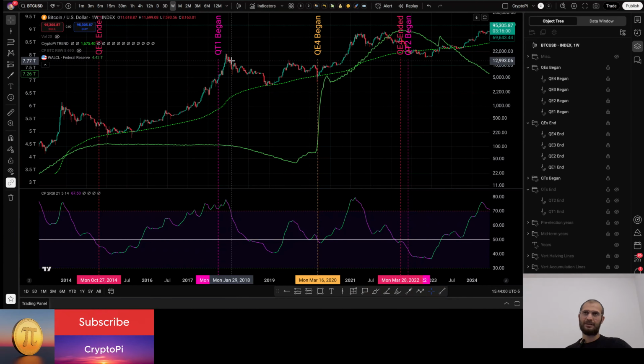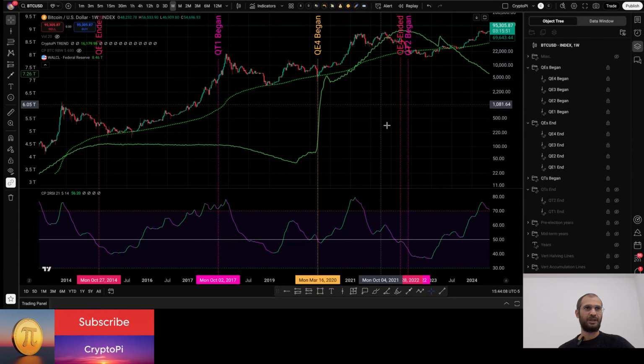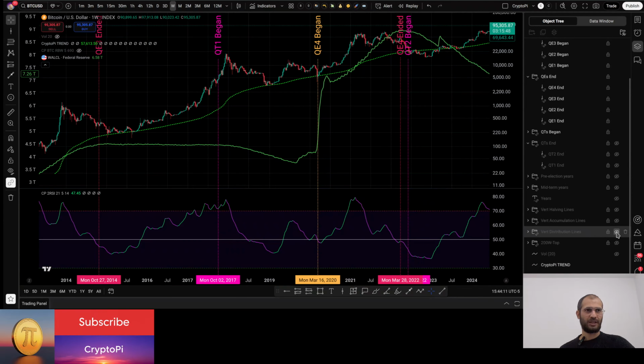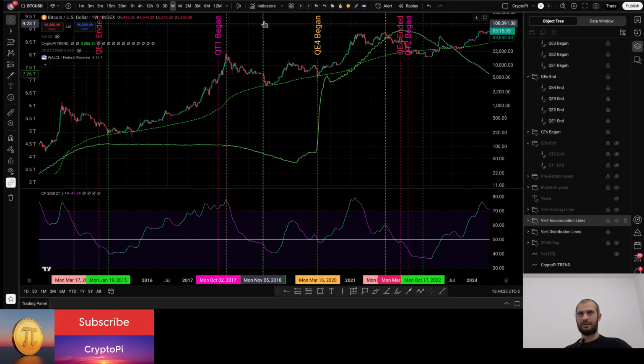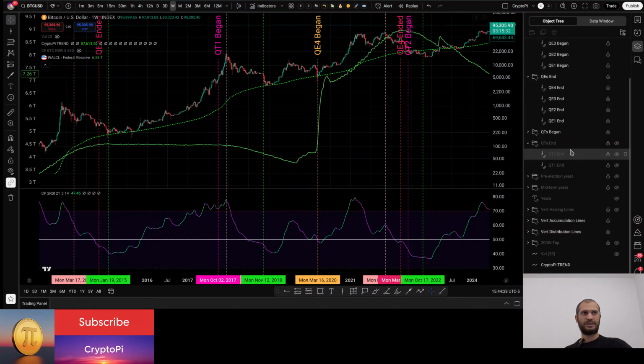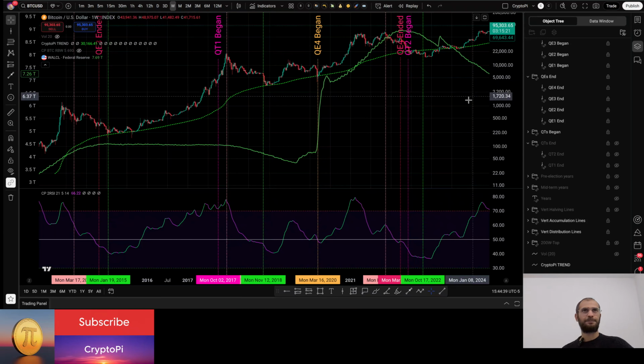Now this downtrend might not necessarily be because of the start of QT. If we see our distribution line, the price had crossed the distribution line, and that was the start of the downtrend or the bear market here. And here, these are the accumulation lines, and you would see that Bitcoin continued its journey downwards until the price crossed the accumulation line.